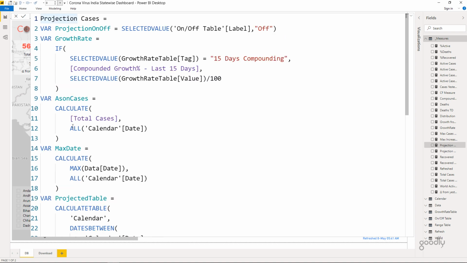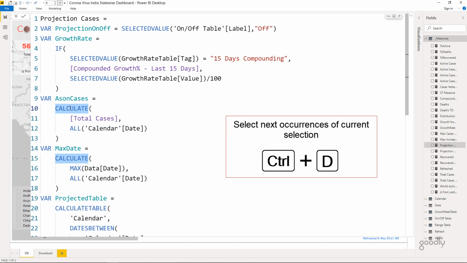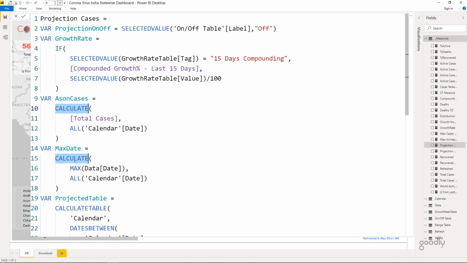So how do I do that? What I'm going to do is come here and select this word calculate, and instead of pressing Control Shift L, which finds every calculate word in the entire formula, I'm going to press Control D, and this is going to find the next calculate, not the entire thing. And once I'm here, I can again press Control D, and then it's going to find the next calculate. So you can actually do that as well in case you'd like to. And once the word is selected, you can definitely override it with any of the text that you want to write.